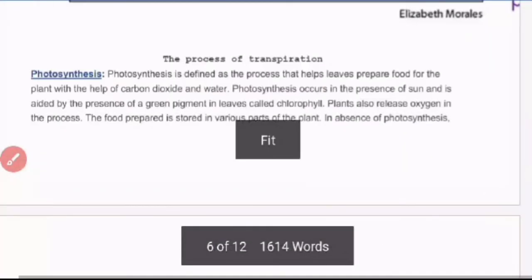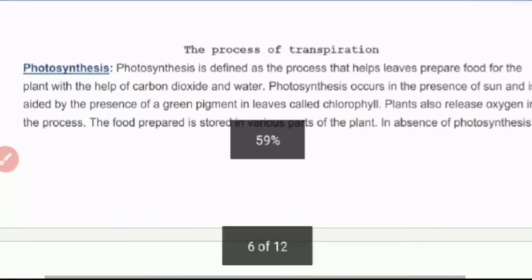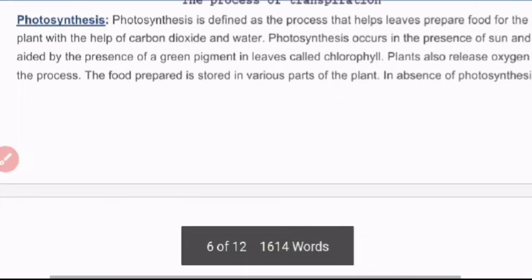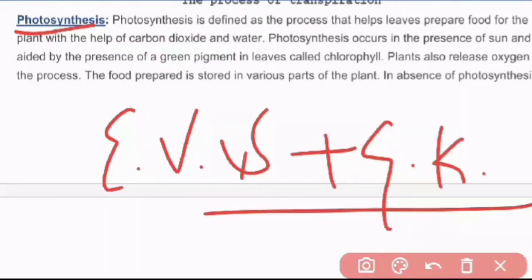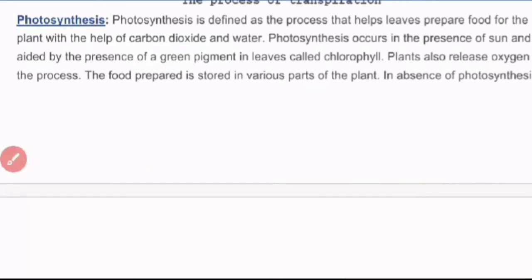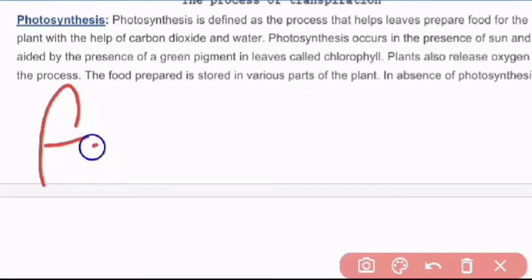Now the next process we have, which is performed by the leaves, is photosynthesis. Now what is photosynthesis? You have studied this before. पहले भी आप बहुत बार पढ़ चुके हो in EVS as well as in GK. EVS plus GK, you have studied this photosynthesis process multiple times. So what happens in photosynthesis? Photosynthesis is the process of preparation of food by the plants by using carbon dioxide